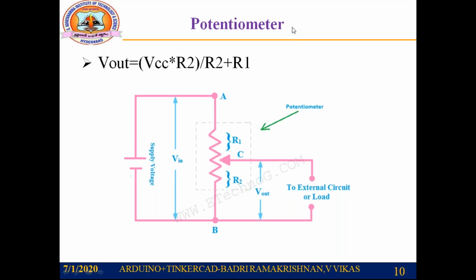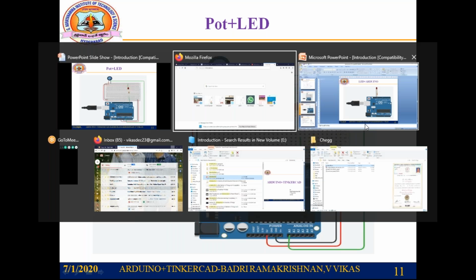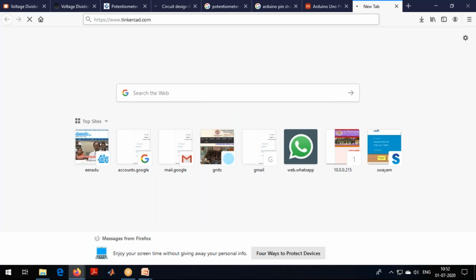What I want to do is connect this potentiometer output, this V output, to an analog input, and I will keep checking what voltage we are getting across the potentiometer, and I will write a condition: if my voltage is greater than this, switch on the LED. If it is less than, switch off the LED. That is what I want to write. Let me go back to Tinkercad.